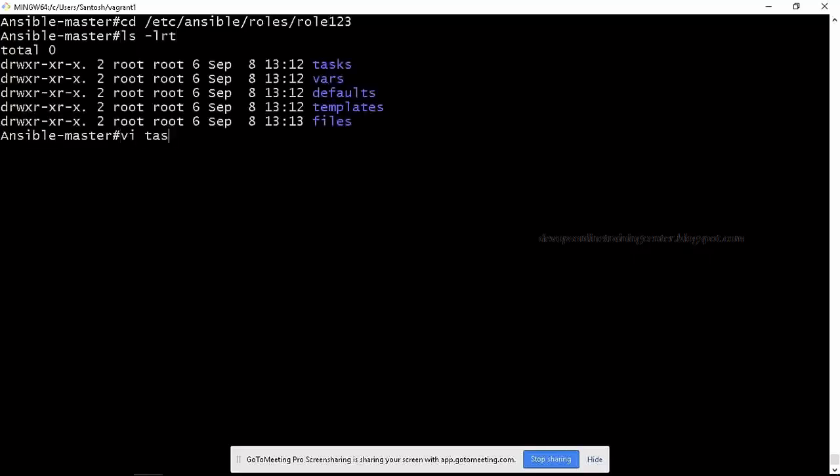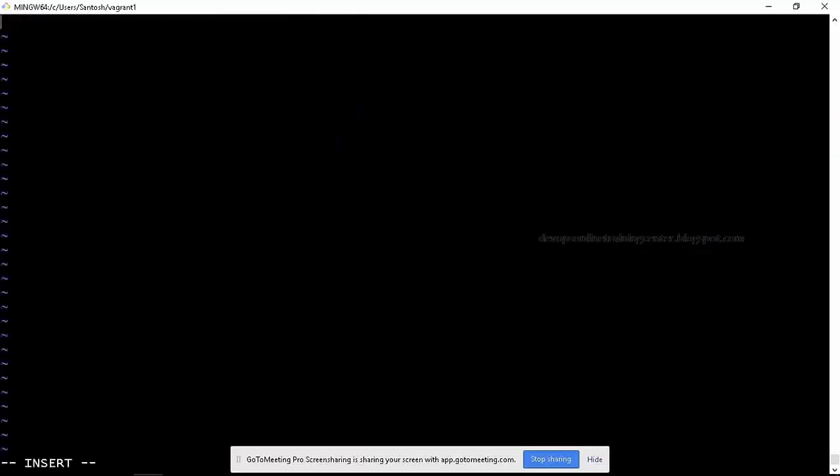So from where the execution starts? From main.yaml. So let us go to main.yaml and create. Here I can directly write the tasks because this is the tasks file. I can simply write my tasks here. So what is the task we'll write? Something like install httpd, right? So I'll just say yum, package or name.